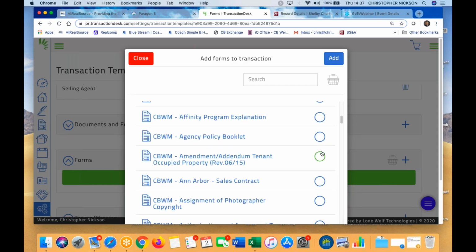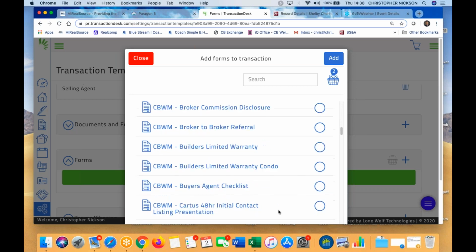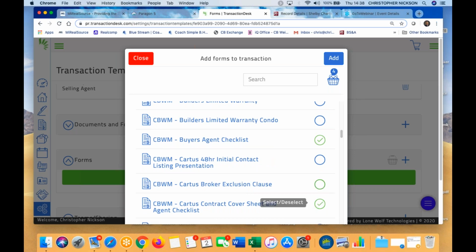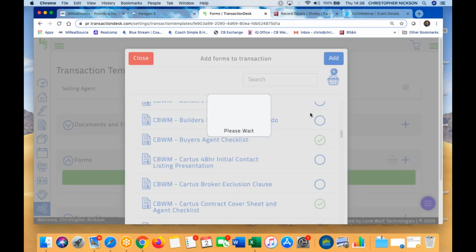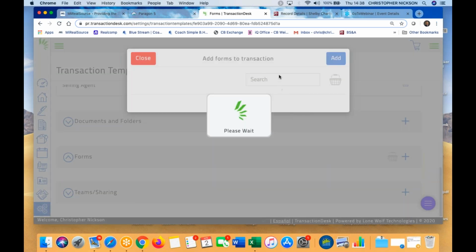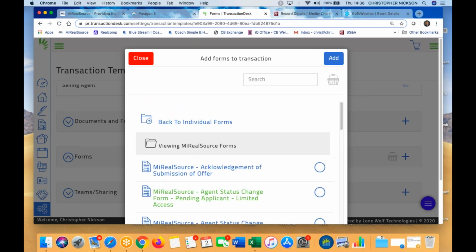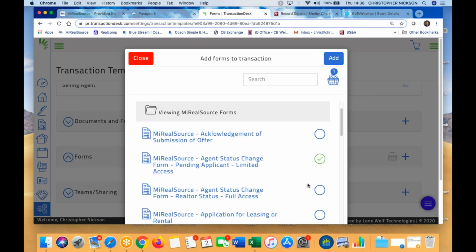And then I'm going to come through and select the forms. I'm just going to throw them in there, show you, all right, I want all these forms to be in my template from Coldwell Banker, and hit add, and it'll add those 4 forms in that template. There's some My Real Source forms I want to add as well. So I'm going to come down here to My Real Source, open that up, find the forms that I want